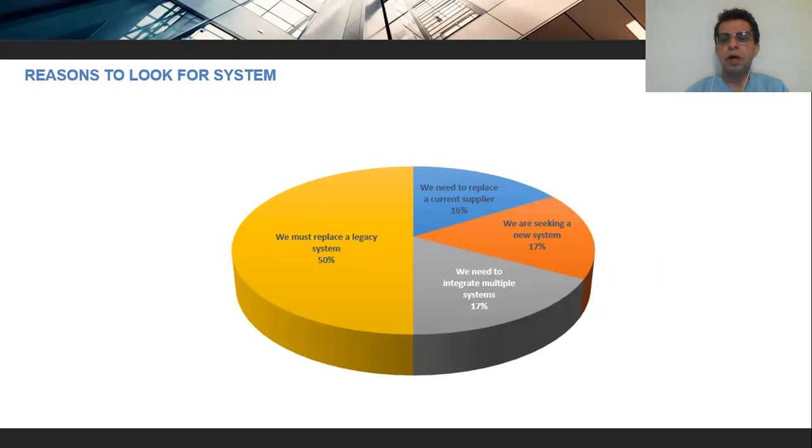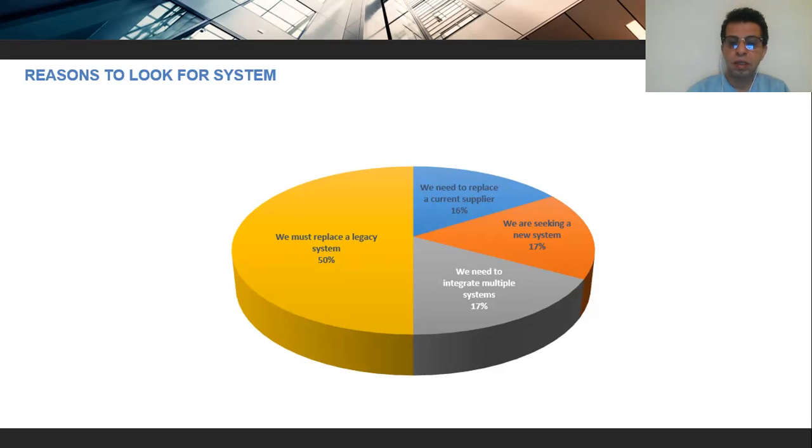They say we must replace the legacy system, or 50% of them say that it is old and we need to replace it. Some of them, 16%, say we need to replace the current supplier. They're not happy with the current supplier or the current implementer, because they're not providing enough. Or we are seeking a new system.